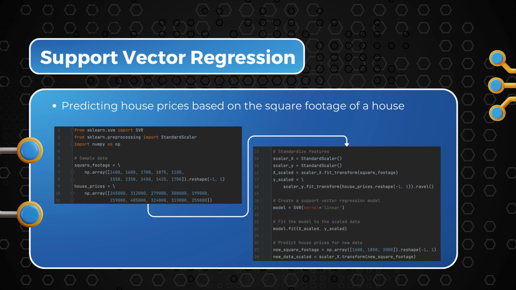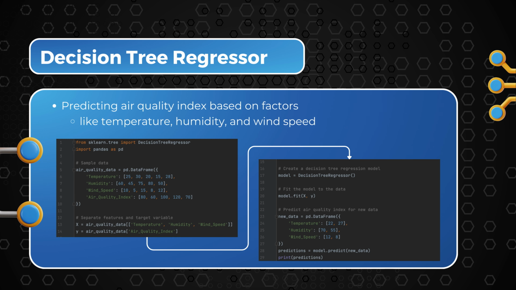Now, let's see the example of house price prediction by using support vector regression. This is the code example for predicting house prices using support vector regression. Next, let's see how to use decision tree regression to predict air quality. This is a code example of how to predict air quality index based on factors like temperature, humidity, and wind